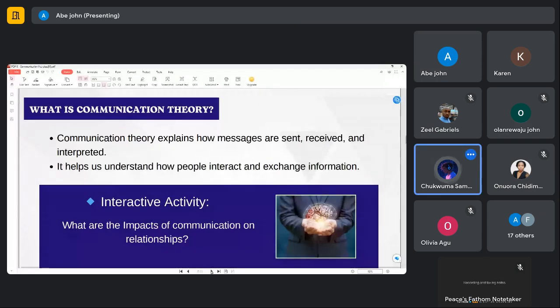Well, for my own understanding, the impact will be either positive or negative. It depends on how the communication is in the relationship.